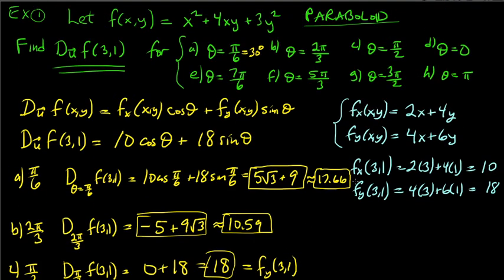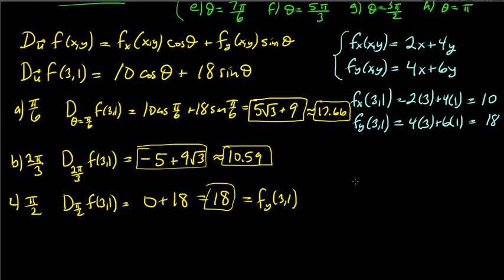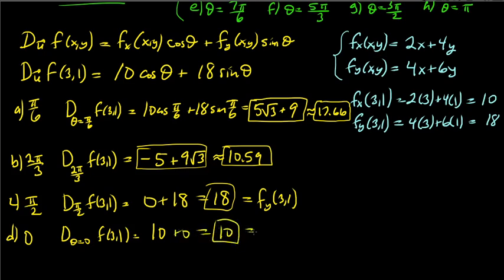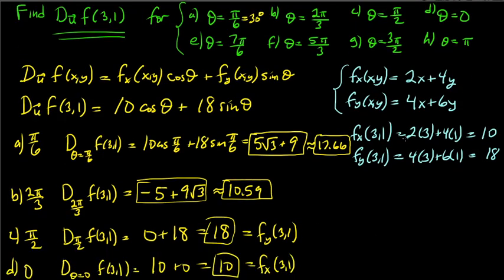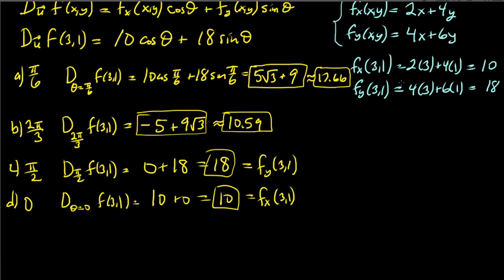And then theta equals 0. So that's in the x direction. You're just going to get the x partial derivative. You're going to get 10 times 1 plus 18 times 0, so you're going to get 10. And so this is just the x partial derivative at the point 3, 1. No surprise there. All right, part E, we want 7 pi over 6,